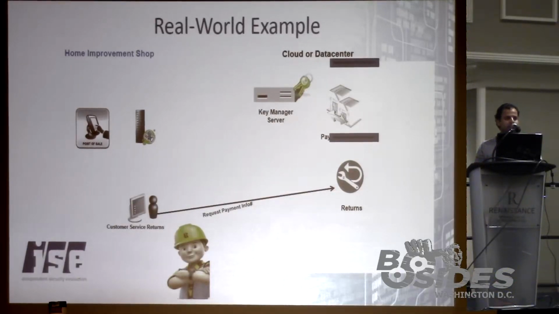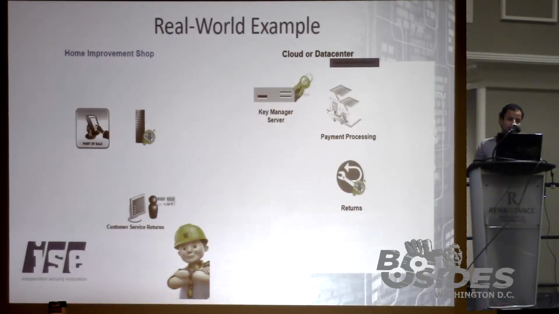what should be happening, or could be happening, as an architect is that the request for payment info goes to returns, which requests the same key from the key manager, and the key manager gives them the key, which allows them to decrypt the data, and it comes back in plain text to the return POS. So in this real-world example, it's kind of obvious what the benefits of a key manager are, where